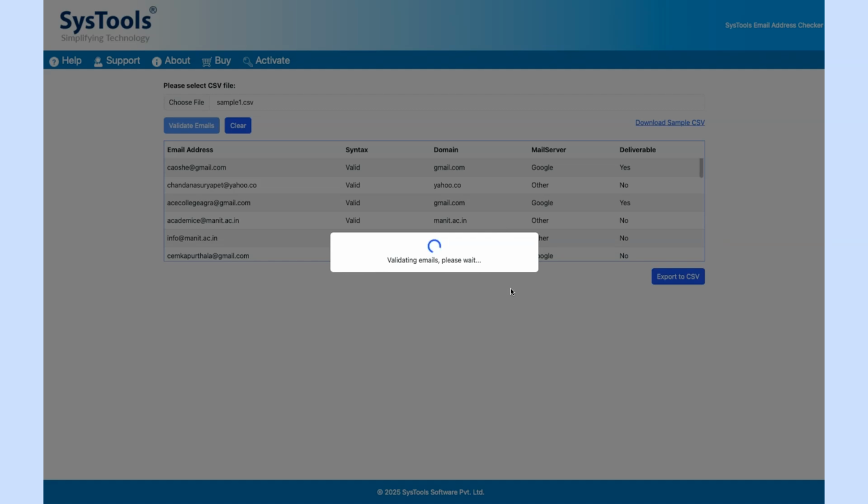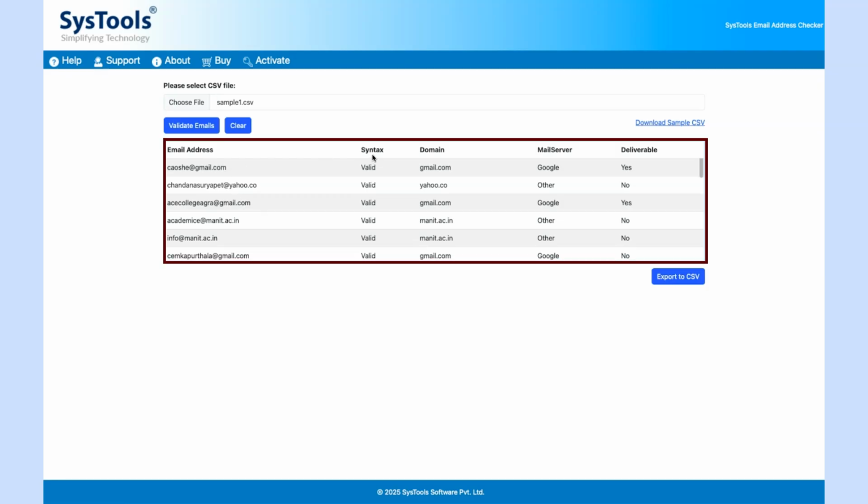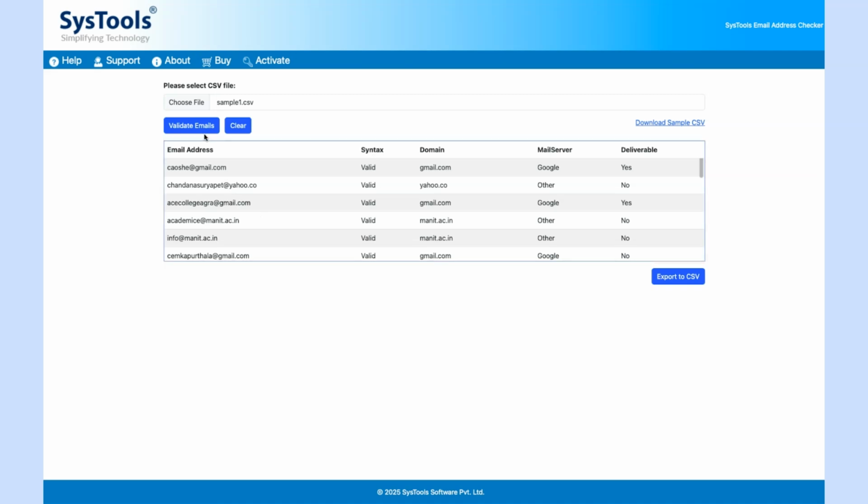After the process is complete, the tool will display the result report. In the first column, you will see a list of all email addresses. The second column shows the syntax status indicating whether the email addresses are valid. The domain column displays the domain names, while the mail server column shows the servers being used, such as Google or Microsoft. The deliverable column indicates whether an email can be sent, showing yes if messages can be delivered, and